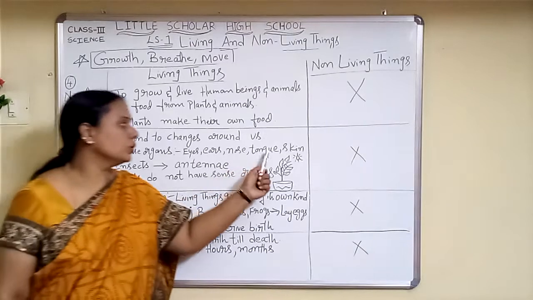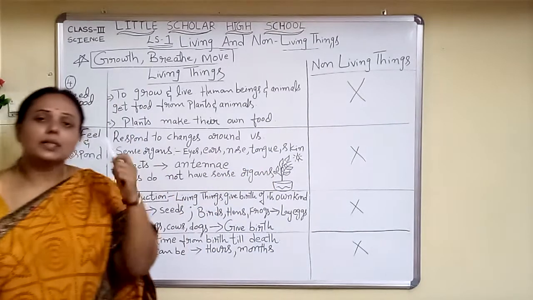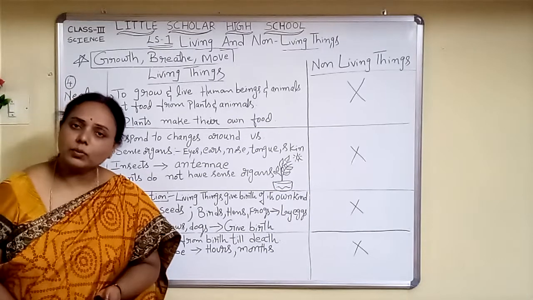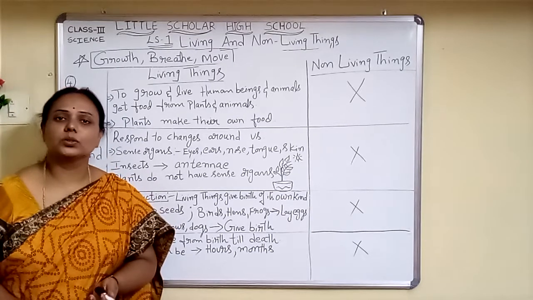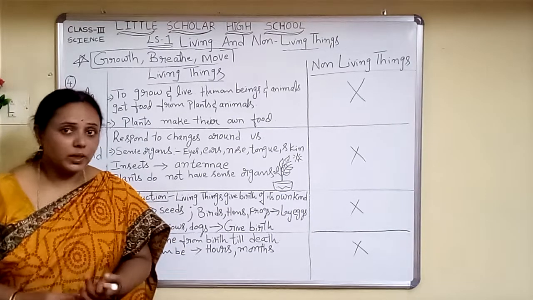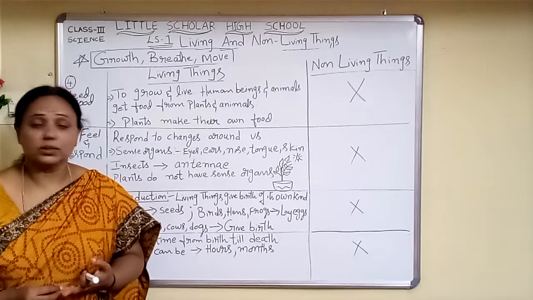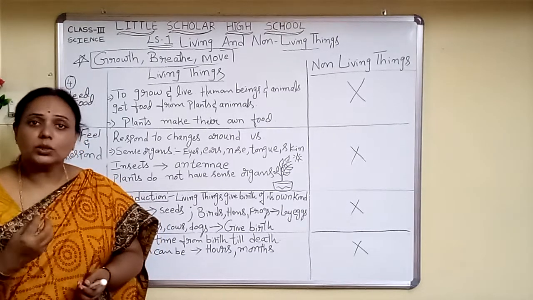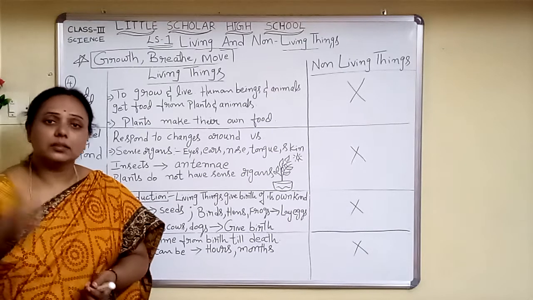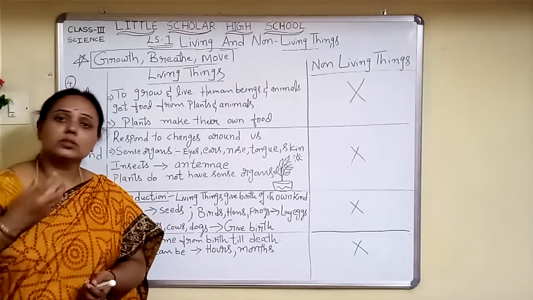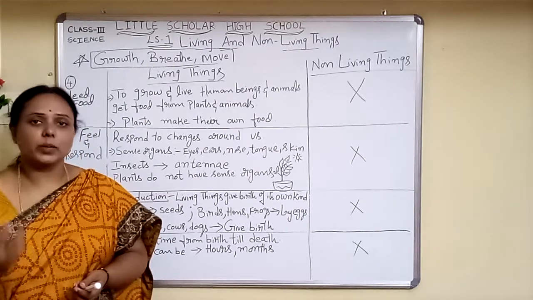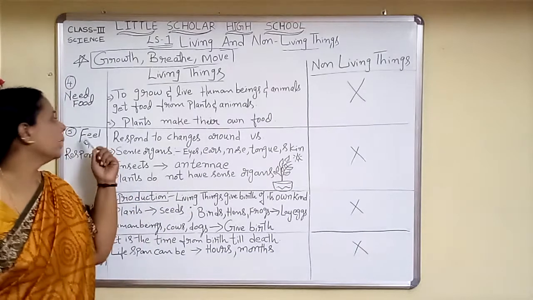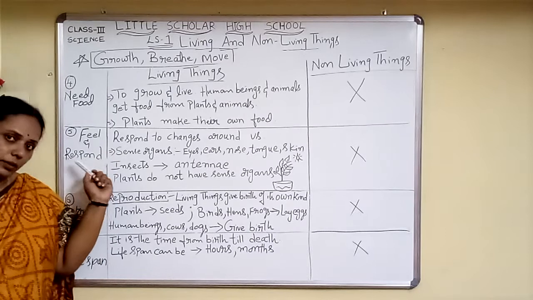Now, when we come to the tongue, tongue helps us to take the food, to chew the food. But at the same time, tongue also helps us to find out which is a sweet dish, or which is a hot dish, or which is spicy, or which is cool. That means we are able to taste that and say, yes, this is very tasty, or this is not that tasty, or this is very spicy. That means the tongue is also helping us in this mechanism of feel and respond.